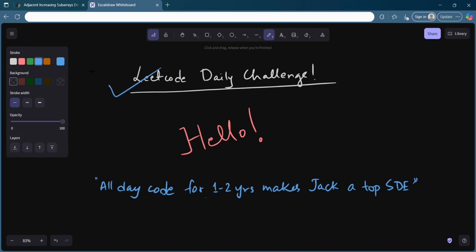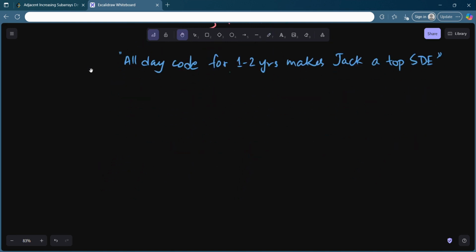So we will see today's daily challenge on LeetCode and we will try to solve this together. Today's challenge is not at all a very difficult one. It is very doable and you have a simple O of n solution which we will discuss, and let's see and try to understand the problem statement at first.